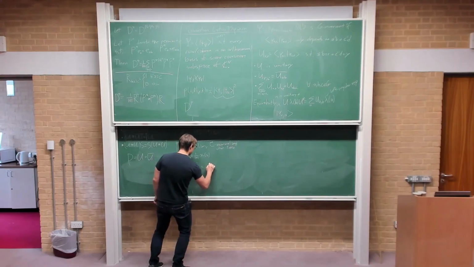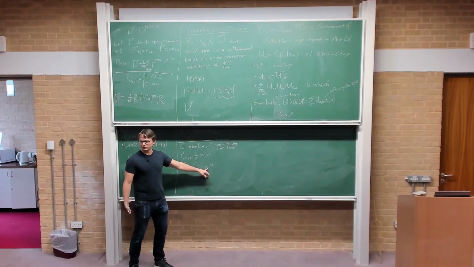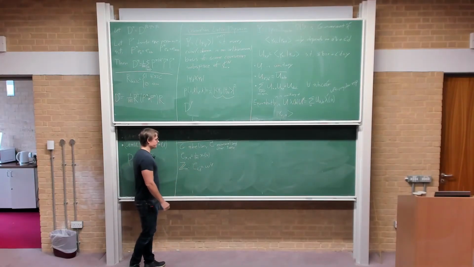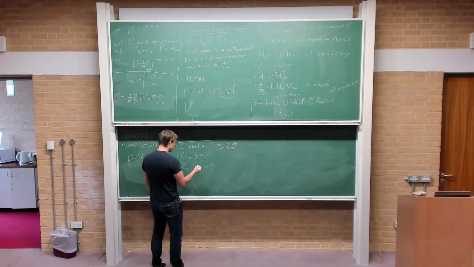This is omega to the I times J, the Fourier matrix, where omega is some n-th root of unity. Okay, and then these U's that you get are exactly just